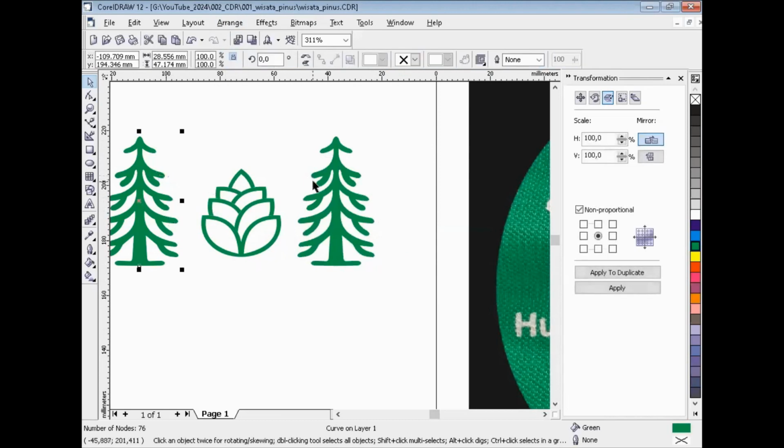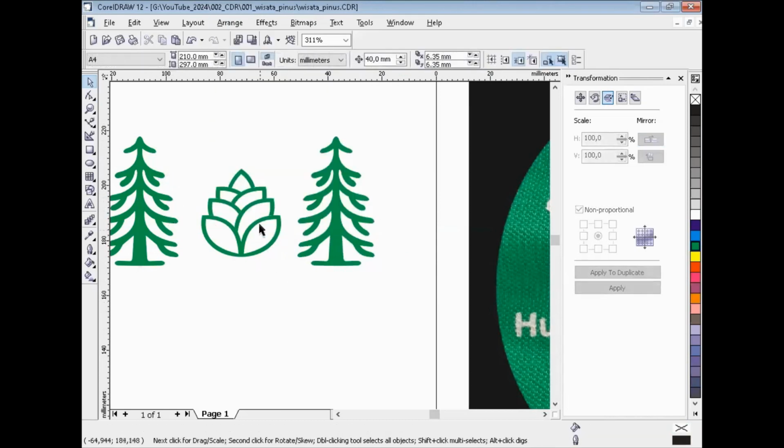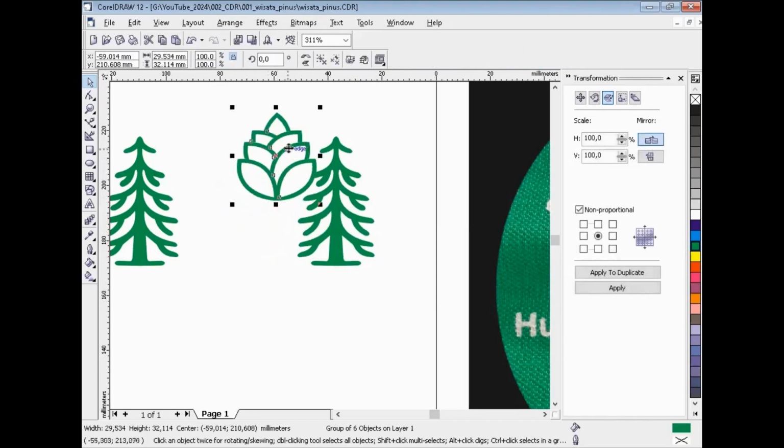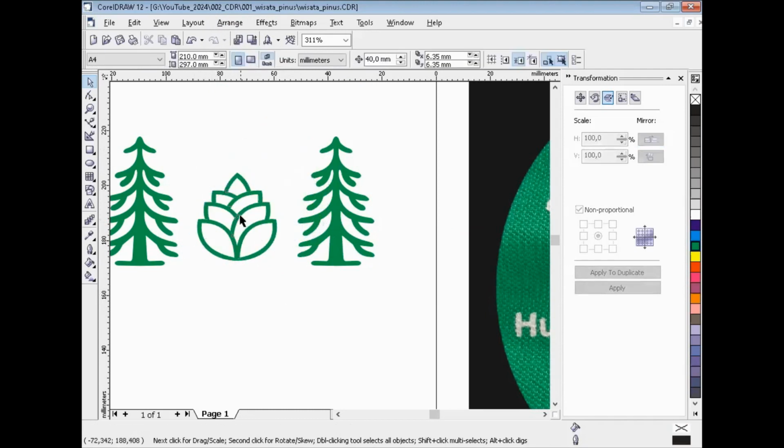Okay, and then you can make a group, then you can place this object at the center of the 2 objects. That's a group. Okay, let's try.